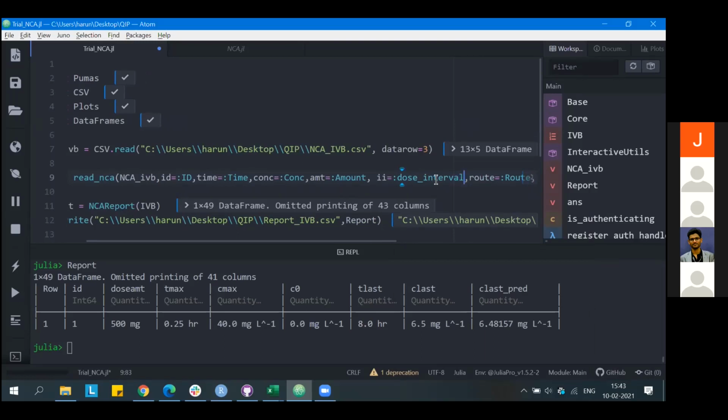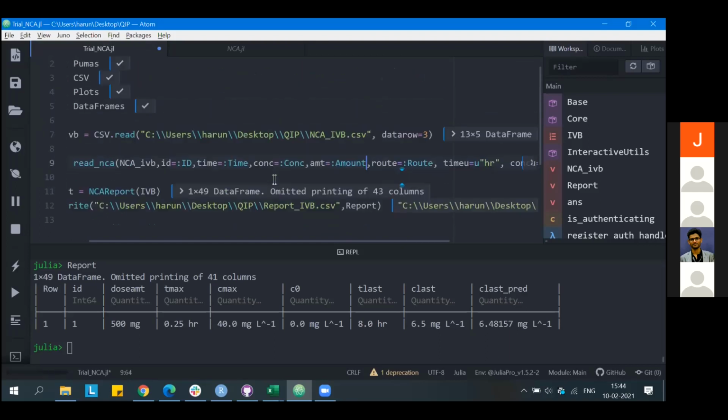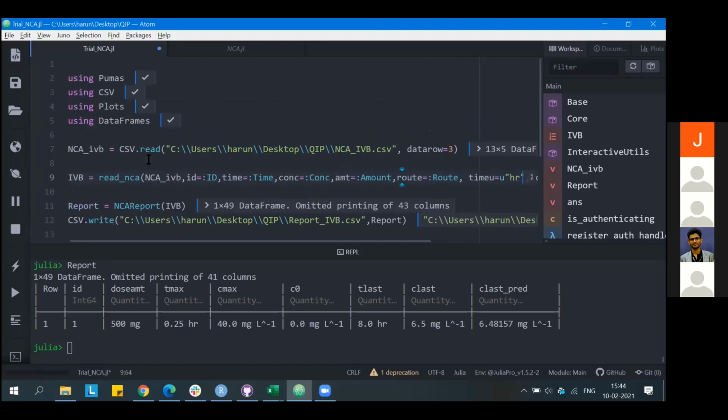It could be 6 hours, 4 hours, 3 hours, 24 hours, 1 week, 2 weeks, whatever it is for the multiple dose. But in this case, it is just a single dose, so we have not mentioned this interdose interval.